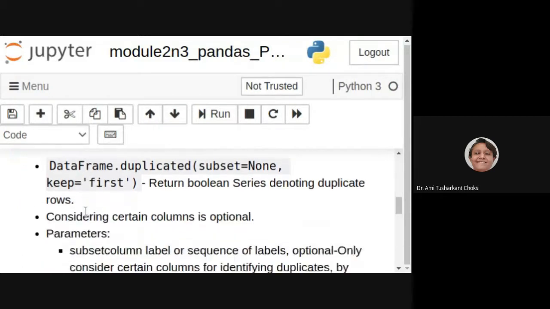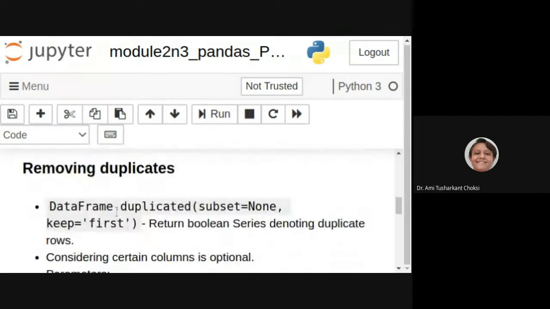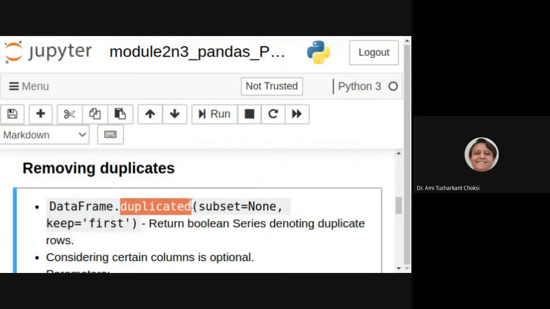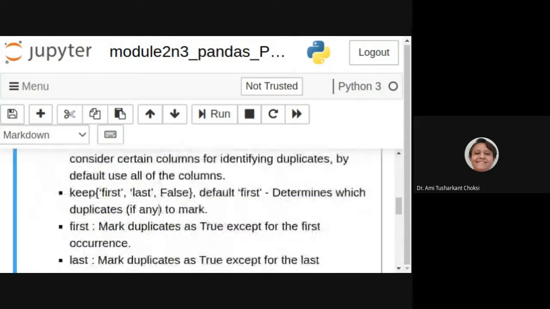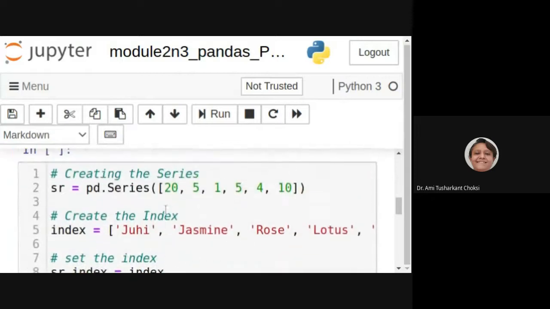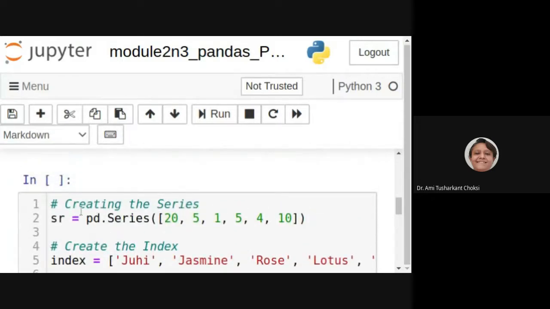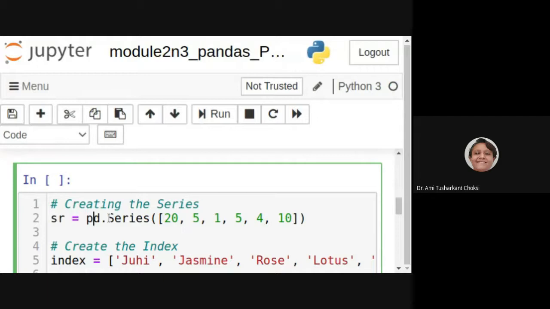Removing duplicates. For that we can use duplicated, with which we can have the idea of duplicates. So let's say we are having a series wherein we are having this many numbers. Now deliberately we are putting duplicates, that is 5 is available twice.